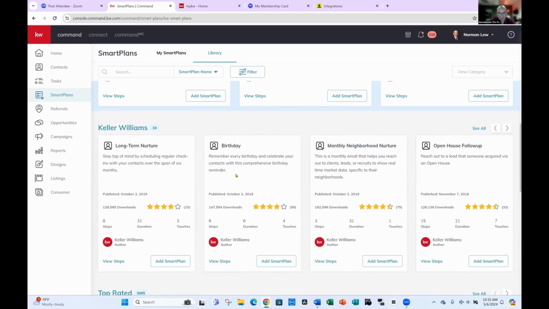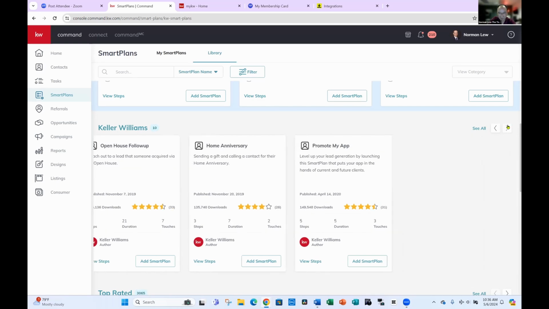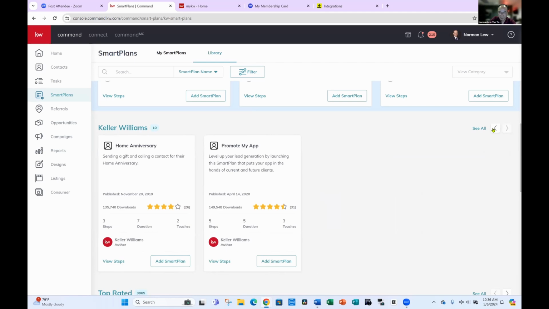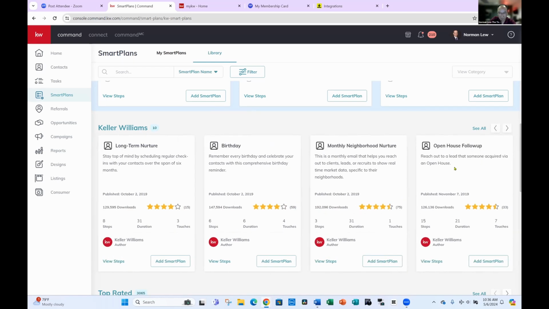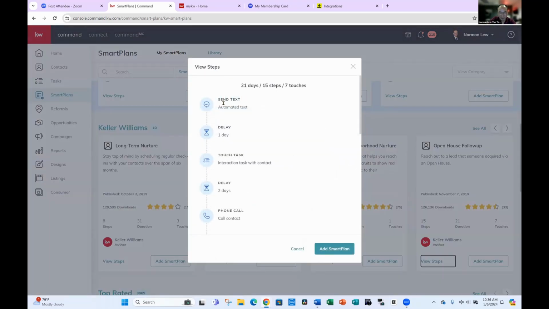Have a birthday in there for them, apply it to them. Do yourself a favor and apply all these things that you apply to yourself. And then the really neat one is your open house follow-up. What does it do? Here's your steps. In the steps, it sends this automatic text, and then it delays it a day, and then it tells you to send them a nice open house email, and then it delays it 2 days, and then it asks you to do a call,